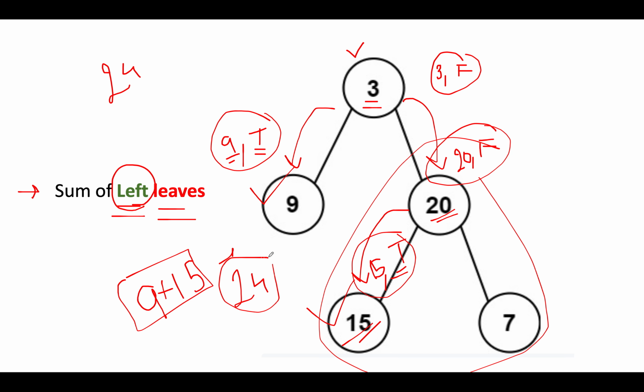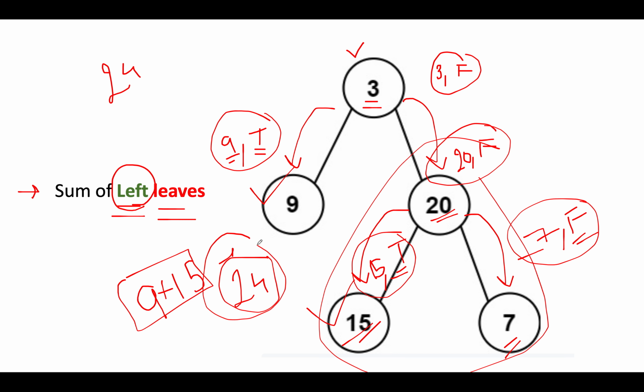Let's continue the iteration. Next we move towards its right child and the Boolean parameter that will be passed would be false. So we pass in 7 comma false to the recursive call, and although it's a leaf node, the Boolean parameter says false, so we'll not add it to our result. We have completed the iteration across the entire tree. The value that is held in the global variable is 24 and that becomes the answer. So the leaf node identification is pretty simple and straightforward. Both the children should be null, and the left child identification is done by passing a Boolean parameter as we progress across both the children of the root node.